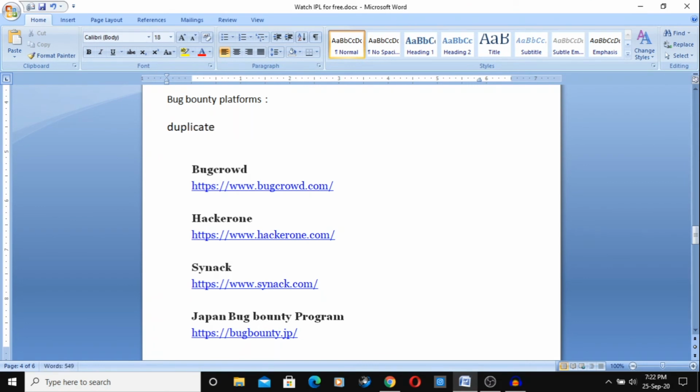Duplicate means someone has already found it and reported it to them. Some bug hunter has already found the vulnerability which you have reported. Here, the first person who submits the report will get the bounty, and the others will be declared duplicates because someone has already found it.